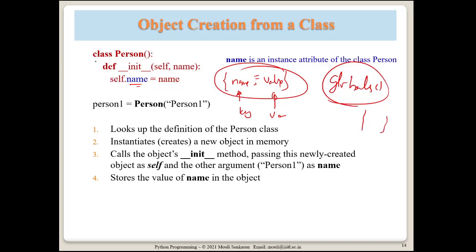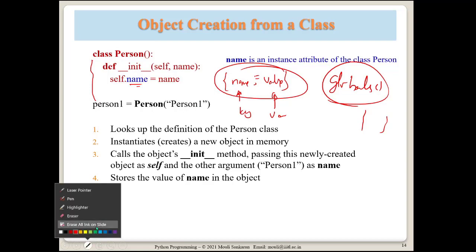Here also, all the attributes of the class, at the object level or at the class level, are maintained as a dictionary. Internally, Python maintains them as a dictionary. So it needs two values: name as the key as well as the value. Whatever you pass, person one will be the value and the key is name.